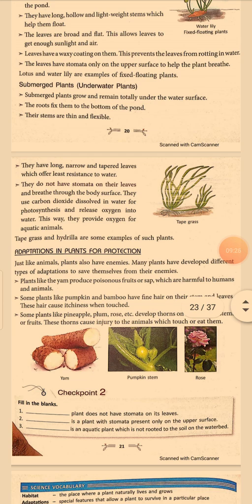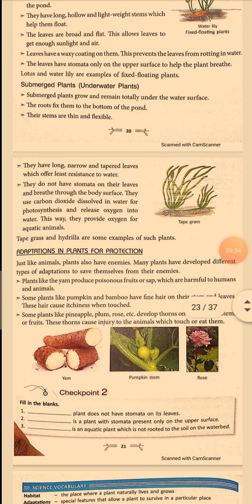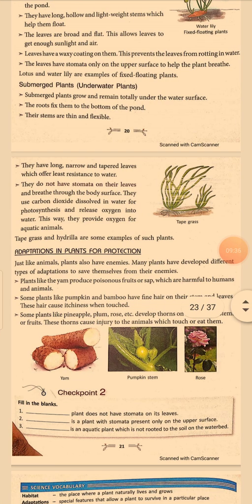Here are some examples of plants, but you can find many more. The very first picture is the yam plant. This plant produces a poisonous sap or fruit. When the plant grows, it produces some fruits which are very poisonous in nature. If any animal or human touches it, it will start discharging that liquid which is very poisonous. So this is a kind of protection for the plant, so no animal or human can touch it so easily. This is their feature to adapt.